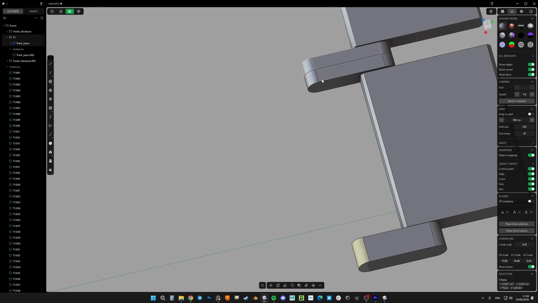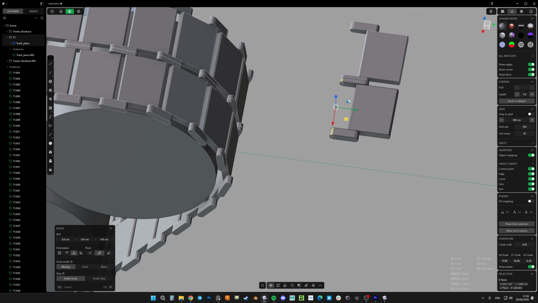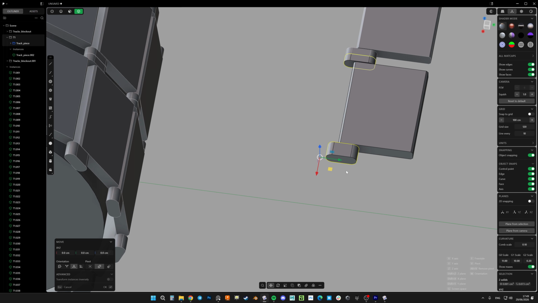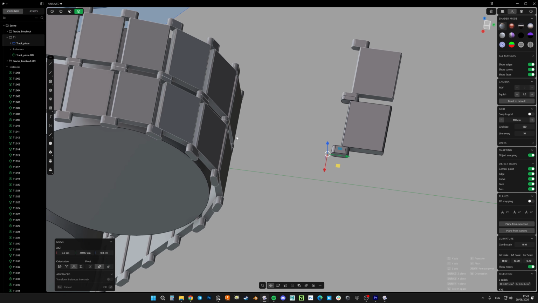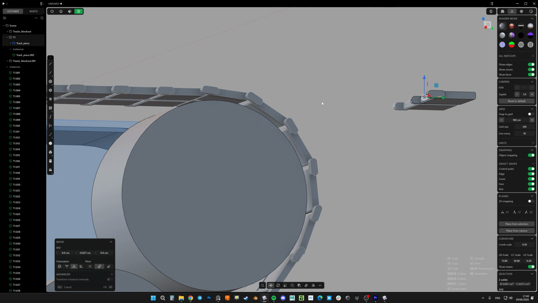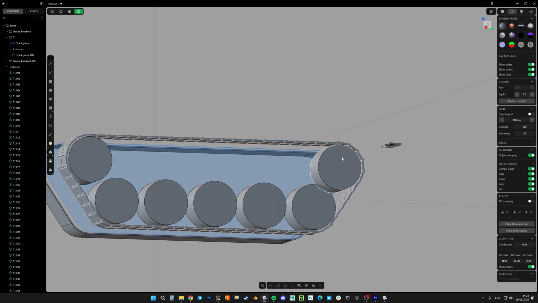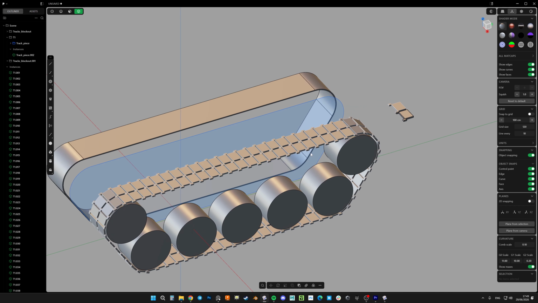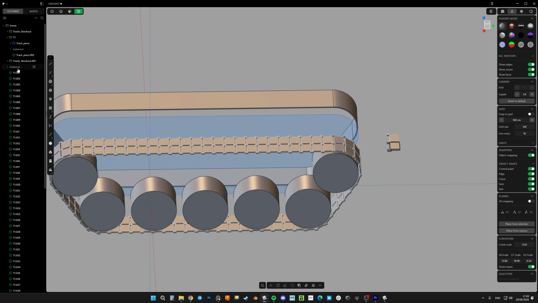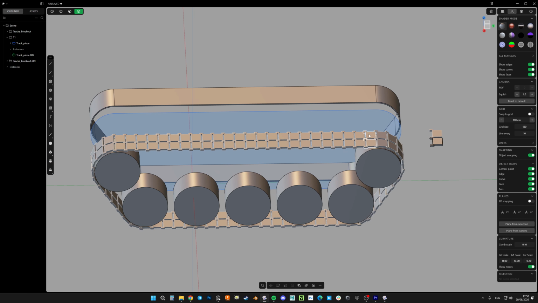Maybe I'll make this link piece shorter, like this. I can move it. Yeah, that looks better. As you can see, because I created an array using my instance piece,